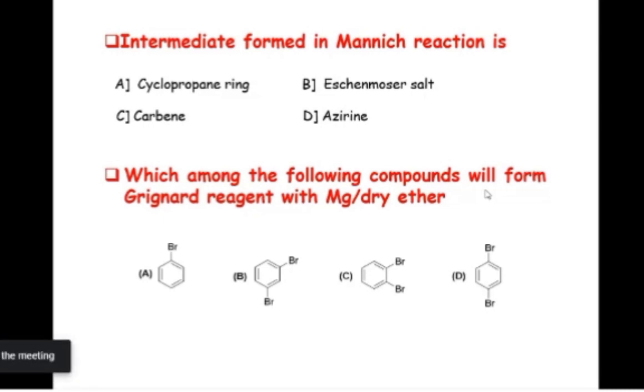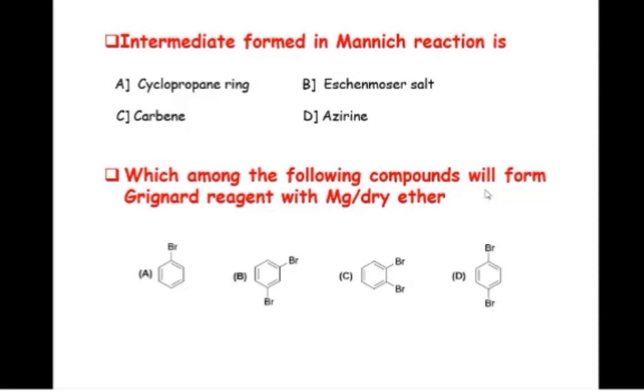We know the Mannich reaction of formaldehyde with secondary amines under acidic condition, formation of that iminium salt, and that iminium salt will react with the compounds which are having labile protons, and formation of the respective Mannich base takes place. For example, acetone on reaction with formaldehyde and dimethylamine in presence of acid gives CH3COCH2CH2NMe2. This is a Mannich base. Then what could be the name of that particular intermediate?